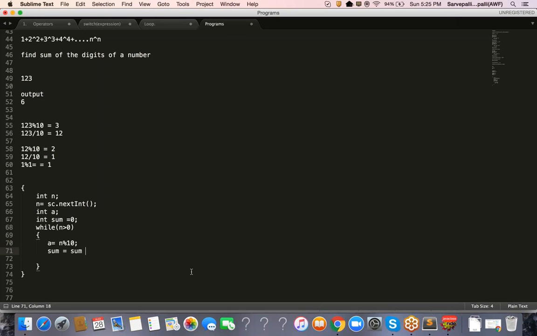Now sum equal to sum plus a. Initially sum is 0, 0 plus 3. Next step is n equal to n by 10. This is the step which makes the loop keep on decreasing. So first step, 123 mod 10, a will become 3. Sum equal to sum plus a, 0 plus 3. The last digit I am able to extract out. And then n equal to n by 10 means 123 by 10,